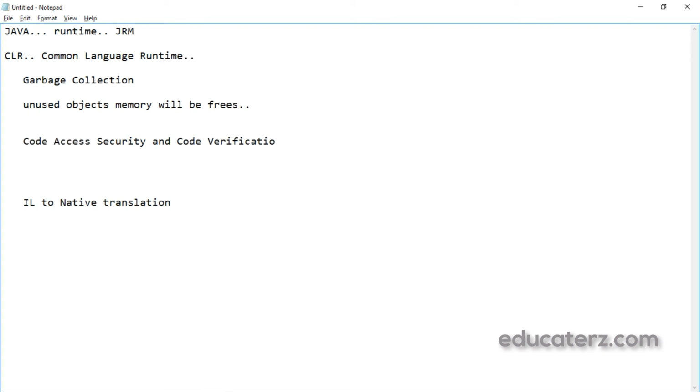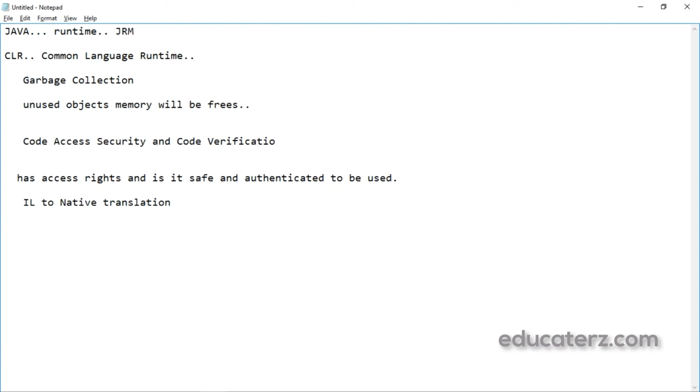Here what will happen is it will check whether the code has access rights or not, and is it safe and authenticated to be used. So these things will be taken care of by code access security and code verification. And the final one is IL to native translation.